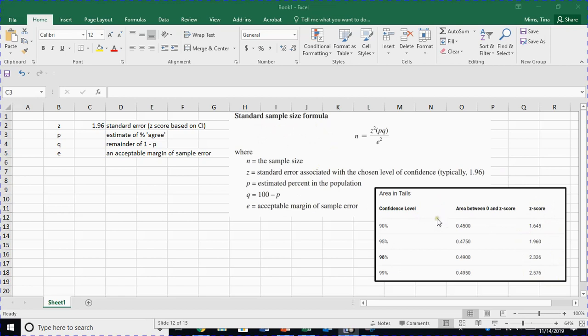And also from a previous slide in class, I've brought over table information so we can see the confidence intervals used and their associated z-scores. So let me take a moment just to remind you what we know about confidence intervals. Let's say we have a confidence level or interval of 95%. That means that 95% of the time, we are going to be able to estimate the true mean average of